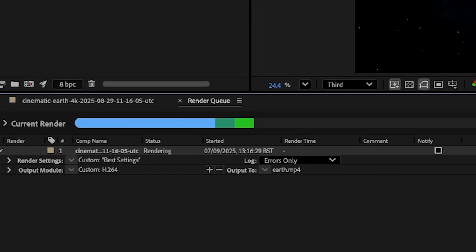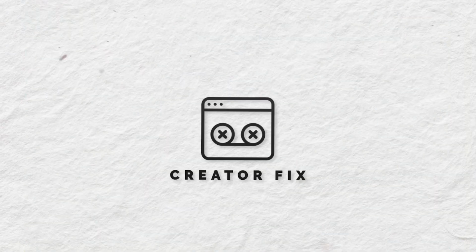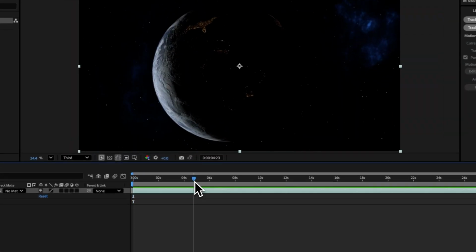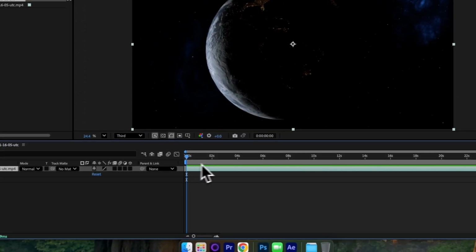How to render in After Effects. Let's get into it. Move the playhead to where you want your exported video to start and then press B